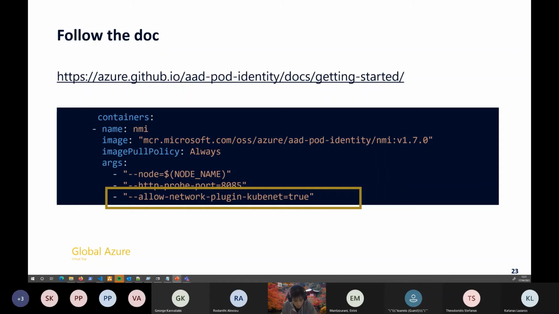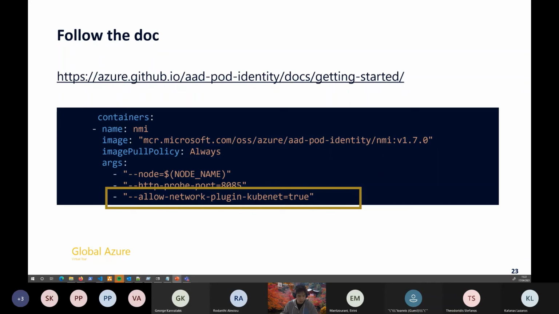And then if you want to do that on a Kubernetes cluster with kubenet, just so you know, it's not working by default, or at least it was not working starting from version 1.7, for other reasons that I will not talk about today. But if you need to make it work, you need to add either in the YAML file the specific argument that I wrote down on the screen, or specify it in your Helm chart configuration. With that, it will force the installation on your Kubernetes cluster with kubenet. If not, it will not work.